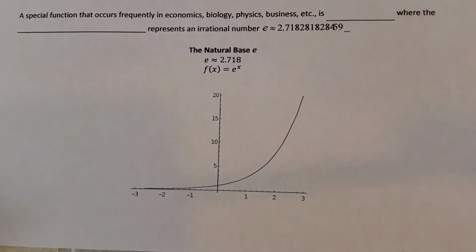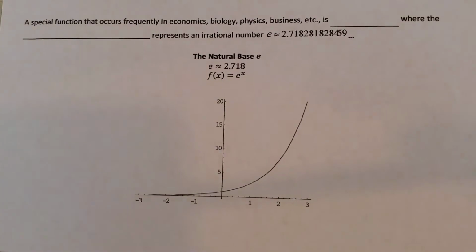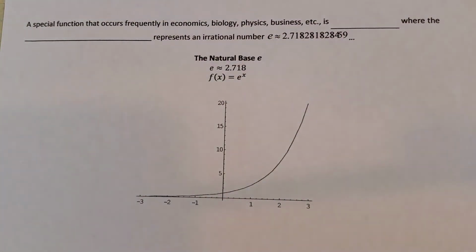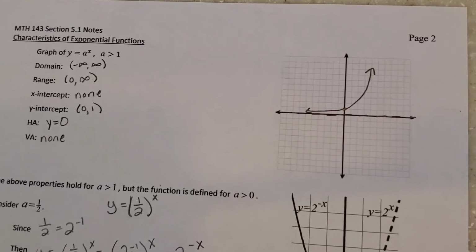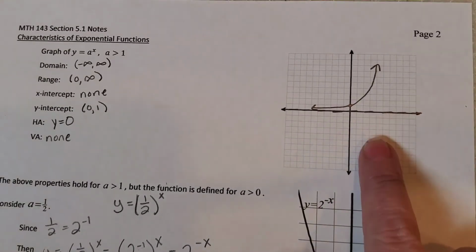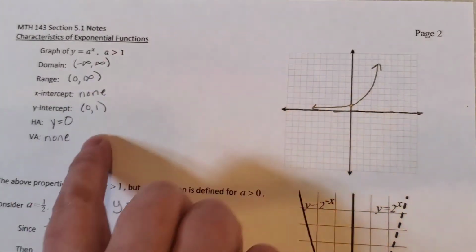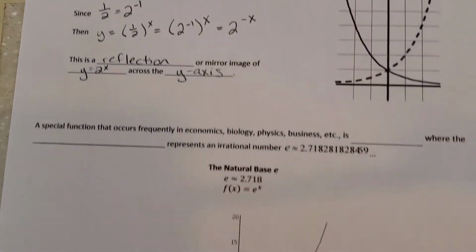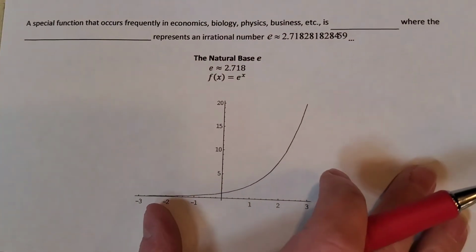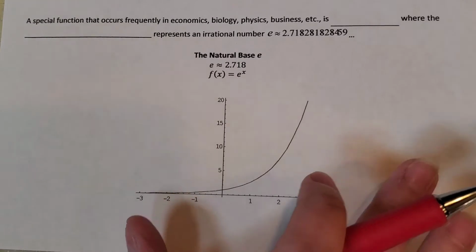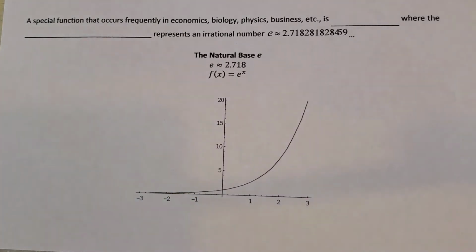Okay, so this is part 2 of the section 5.1 notes. We have been talking about exponential functions, and we looked at the graph of an exponential function. Remember, the exponential function will always look like this and will always have these same characteristics. And so now we're going to talk about a special exponential function that occurs frequently in economics,